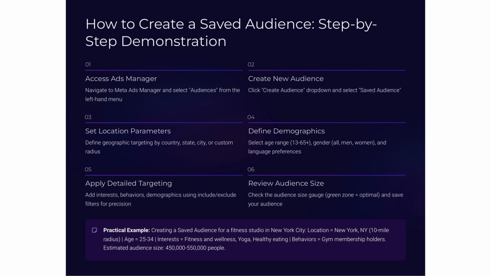To create a saved audience, access Meta Ads Manager and select Audiences. Click Create Audience and choose Saved Audience. Set location parameters, define demographics like age and gender, and apply detailed targeting with interests and behaviors. Review the audience size for optimal reach. For a fitness studio in New York City, target a 10-mile radius, ages 25 to 34, with interests in fitness